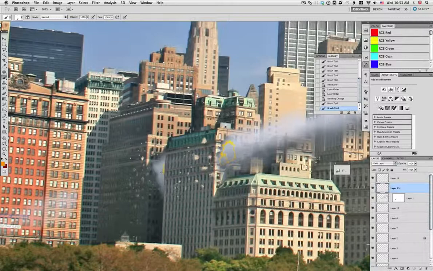Set it up for vivid light, painting with the orange, and then a little bit with the red, to build up the same effect we did in the other one,